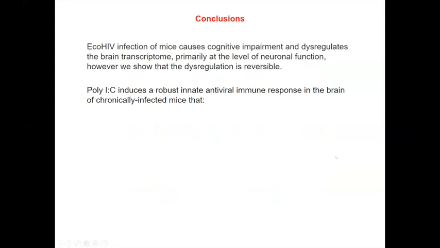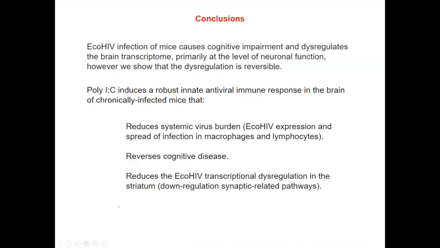As a conclusion, we can tell that eco-HIV infection of mice causes cognitive impairment and a dysregulated brain transcriptome, primarily at the level of neuronal function. However, we show also that the dysregulation is reversible. Poly-IC induces a robust innate antiviral immune response in the brain of chronically infected mice that reduces systemic virus burden. We see also that it reverses cognitive disease and reduces the eco-HIV transcriptional dysregulation in the striatum, specifically